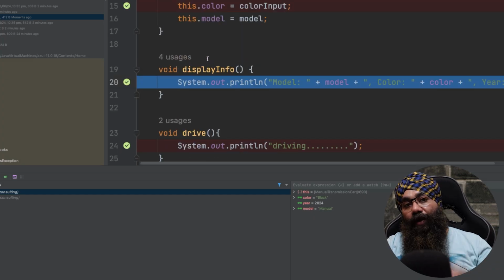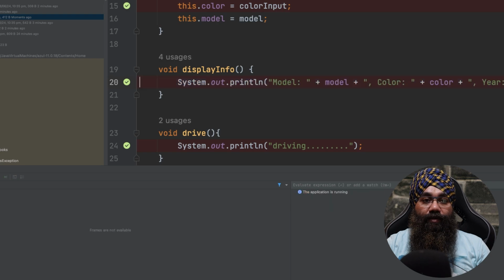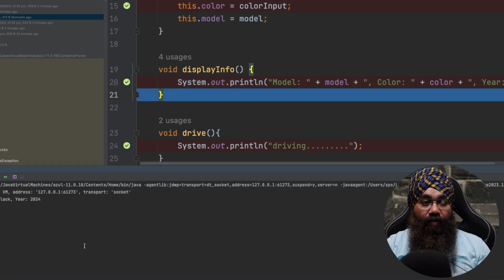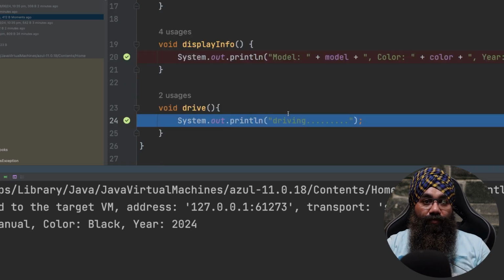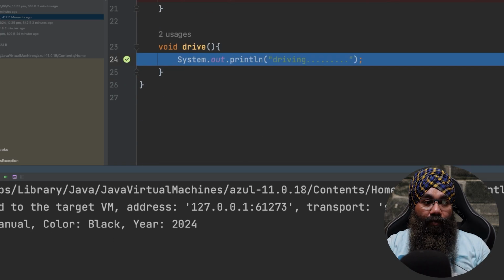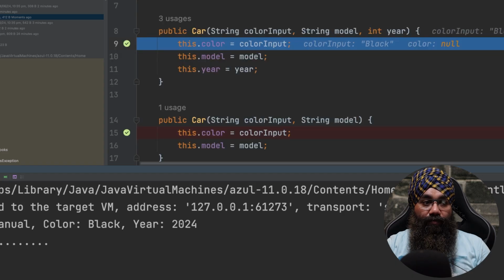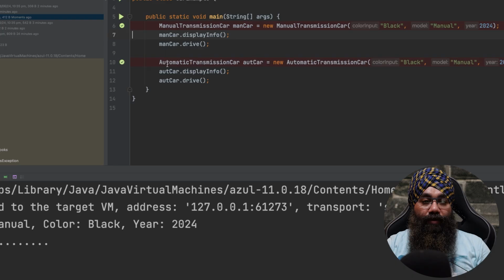So it is calling the parent display info method, and you can see that it is displaying the required result as well. Okay, similarly for the drive method also, it will go and print drive as well. Now it has gone to this line and it has